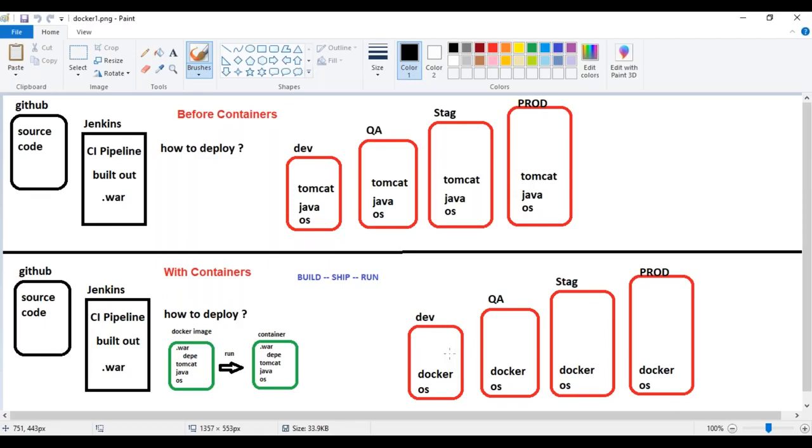Now, along with this, what are the various other benefits that a container brings for you? This is not the only advantage we look for, so what are the other advantages? What are the various things I should be looking into when I'm containerizing my application, or if I want to containerize my application, what are all the things I need to look into?